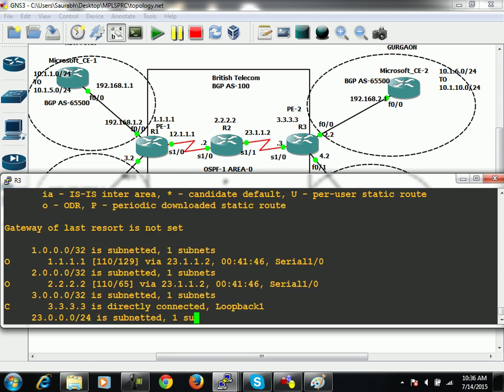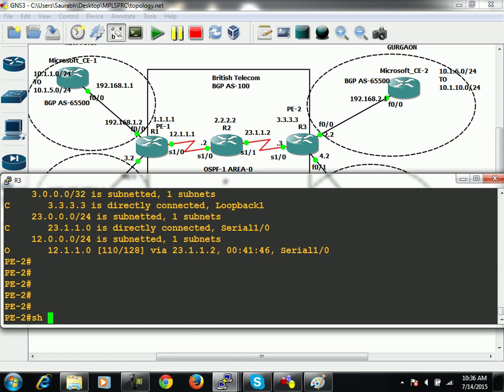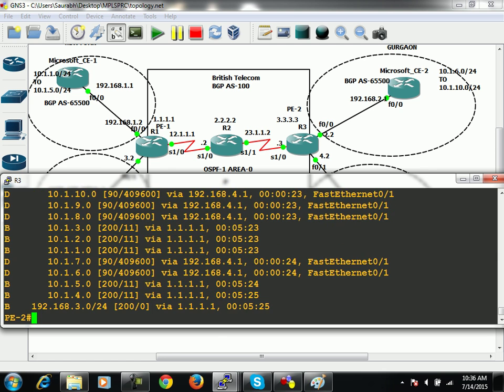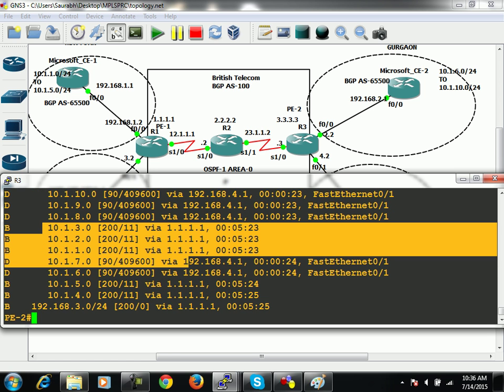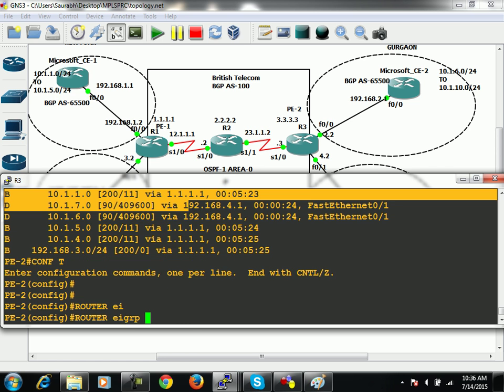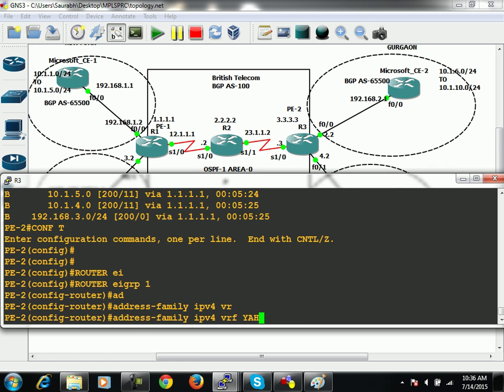See, still there is no route available in its global routing table. Check it out, show IP route VRF Yahoo. Some prefixes are coming with the help of EIGRP and some of them with the help of BGP. So 123 is coming with the help of BGP. Apart from that, via EIGRP itself, because in between Yahoo CE2 and this PE2, it's EIGRP, right? But by default, prefixes can't move from BGP into EIGRP, so say